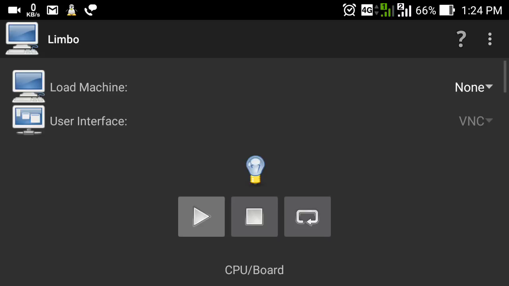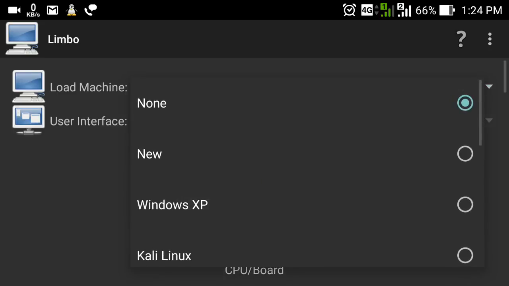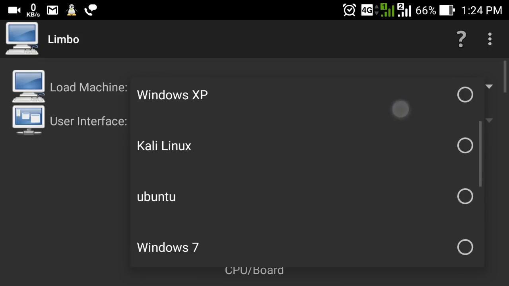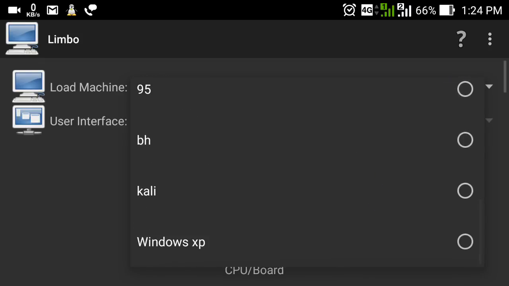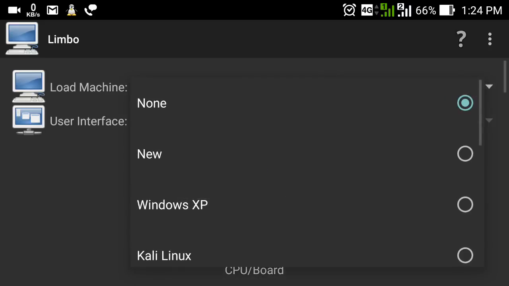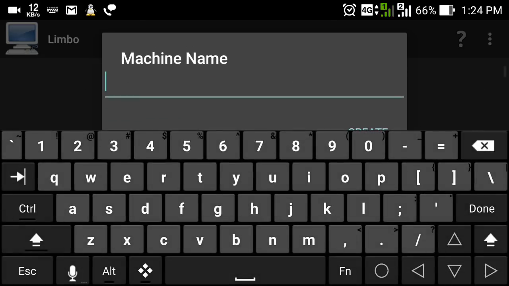So let me show what options are available in this. Here you can see you can load a machine. When you click on load machine, you can create a new machine. Here you can see I have run Windows XP, Kali Linux, Ubuntu, Windows 7, Windows 95 and all the other virtual machines I created here. Let me run Windows XP once. I will click on New and type here